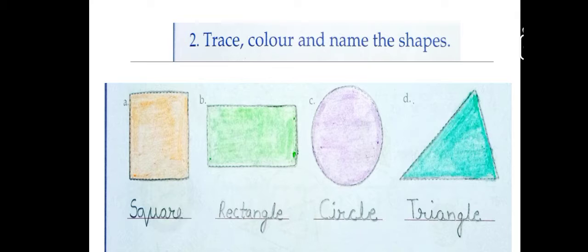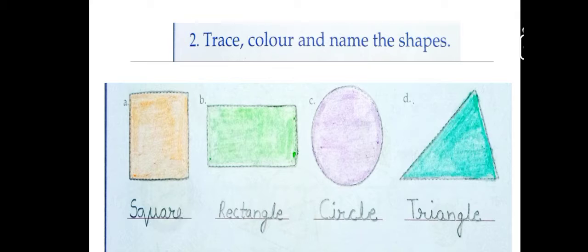Now our last shape. This is triangle. In triangle, we have 3 lines. With the help of 3 lines, we draw a triangle. First of all, we will complete the shape of triangle. Next step, we will color the triangle. And in the last, we will write the spelling of triangle. The spelling is TRIANGLE.